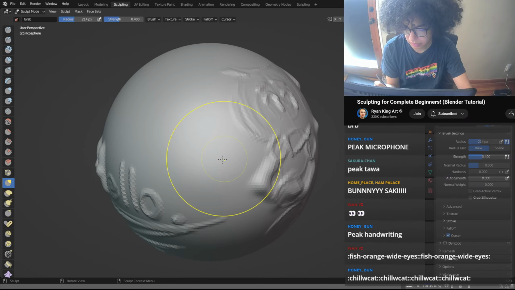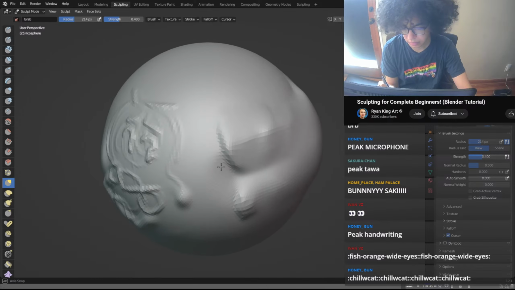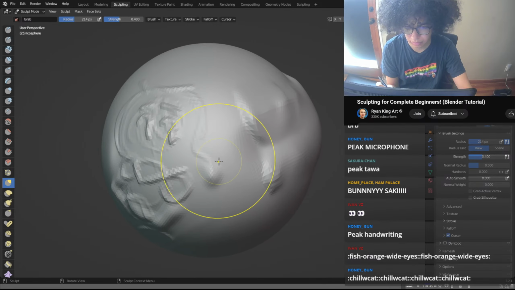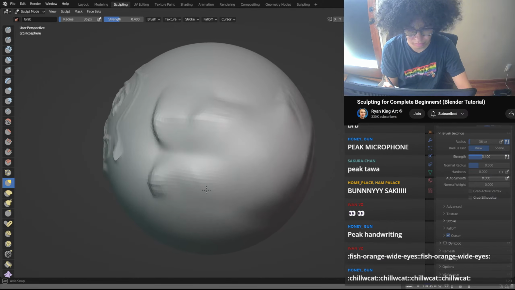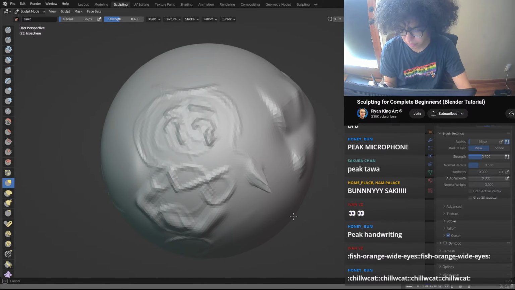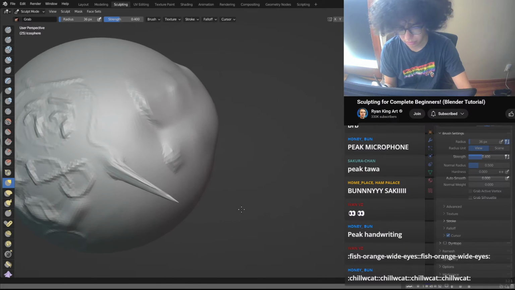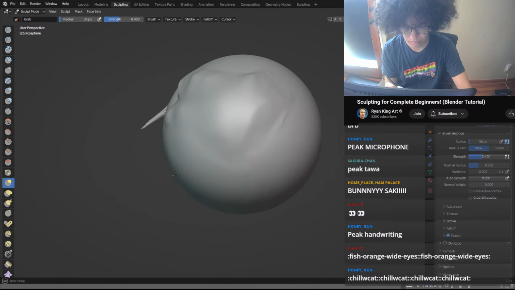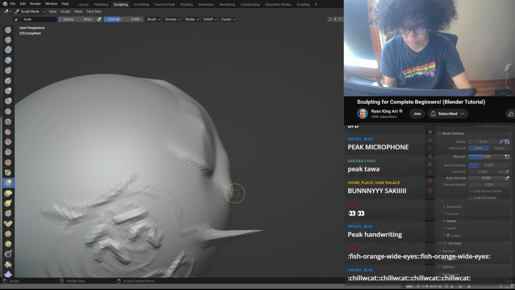And for the grab brush, it's usually better if your brush is really big. So with the grab brush, instead of it sculpting the clay, it's going to pull around the clay. So if I kind of zoom way out here, make my brush really big, you can see I can pull the clay around. So this is super useful just for moving around the clay and changing the proportions of your sculpt. So if you're sculpting something like a face and then you realize maybe the proportions are a bit off,